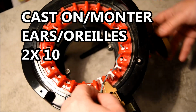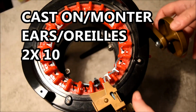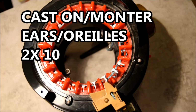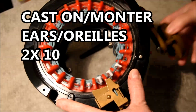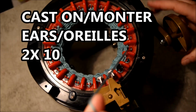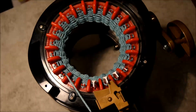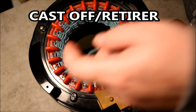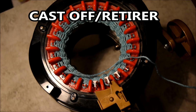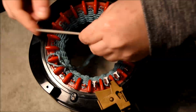So I will switch with the smaller machine, the ADDI Express Professional 22 needle, and for the ears I will do 10 rows. I cast on the machine and I will do 2 times 10 rows for the ears. So do a 360 on it, just stop before the yarn feeder like this, and I will release